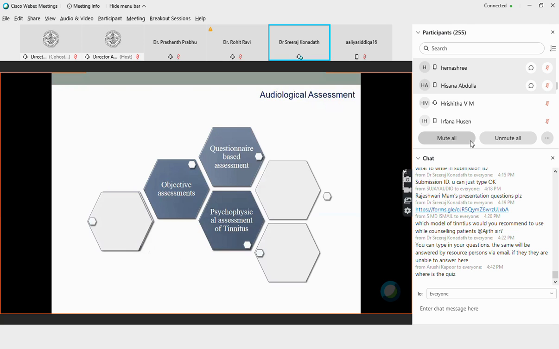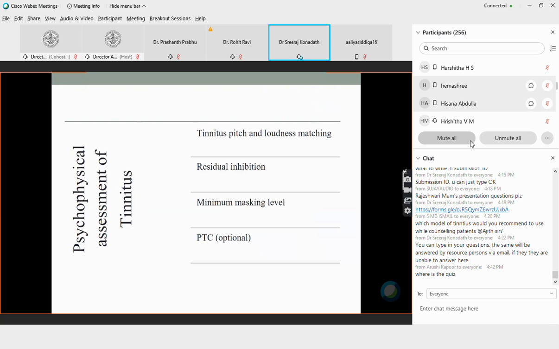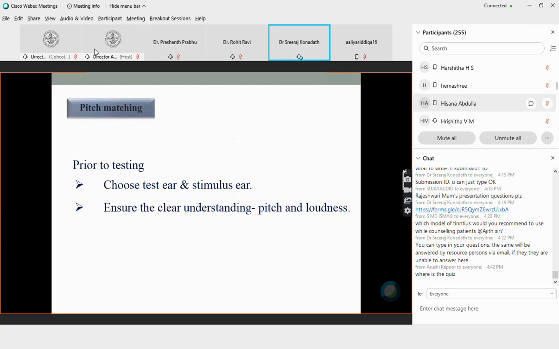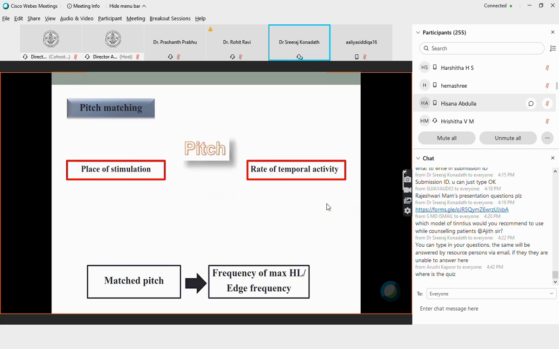And so now going into psychophysical assessment of tinnitus. So what tests need to be done to quantify tinnitus? This is one of the most common ways followed internationally to assess tinnitus. You have to quantify it, right? Now, when a patient comes to you, you cannot just say tinnitus is present. You have to say what the tinnitus is, ensuring that you have a clear understanding of pitch and loudness. You have to counsel the individuals about the difference between pitch perception and loudness perception, because a layman will not be able to understand in the first instance what you mean by loudness, what you mean by pitch. So you have to give clear examples and then start off the procedure.